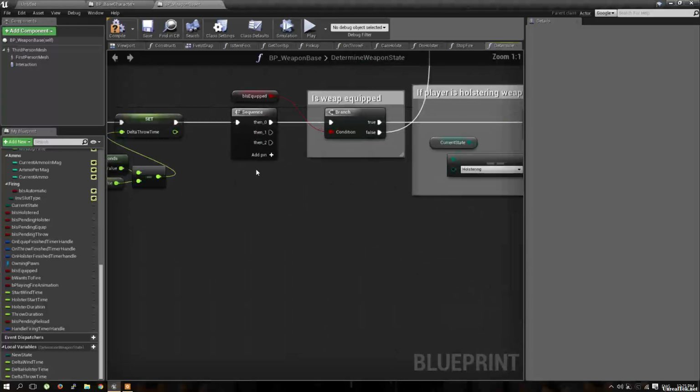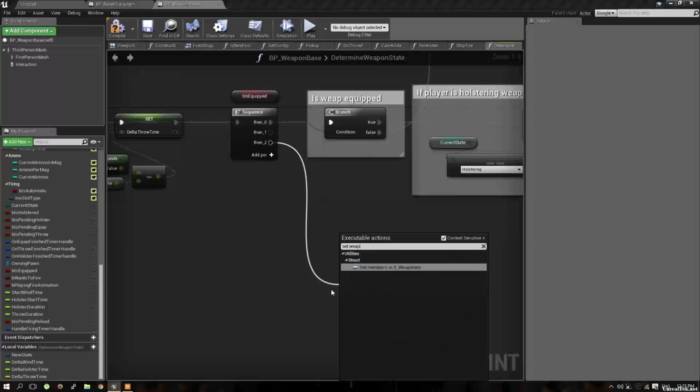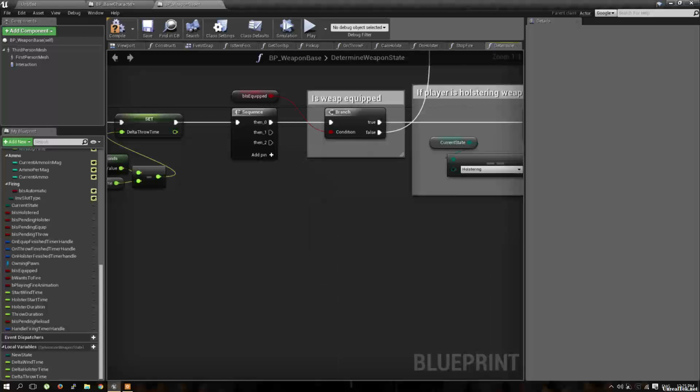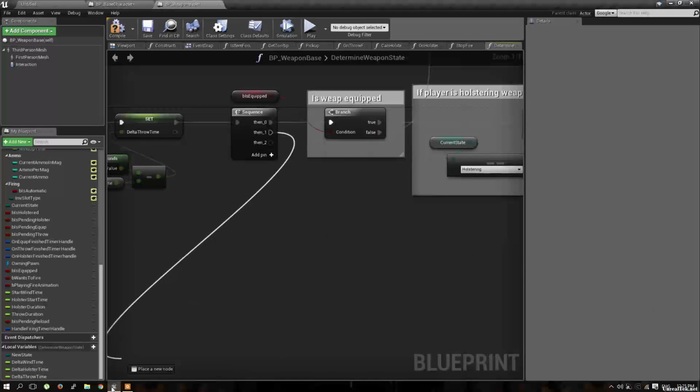Now we just need to do our sequence really quickly. This one should be, actually is really quick. Let's do the second one first because it's easy. We just want to set weapon. Oh, we don't even have that function done. And that's another big one, so I'm gonna leave that for next time actually. Well, we can do one since it's easy. So